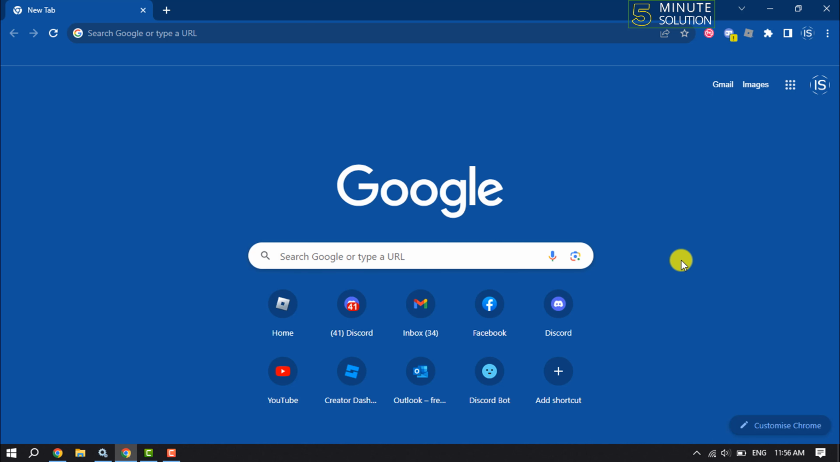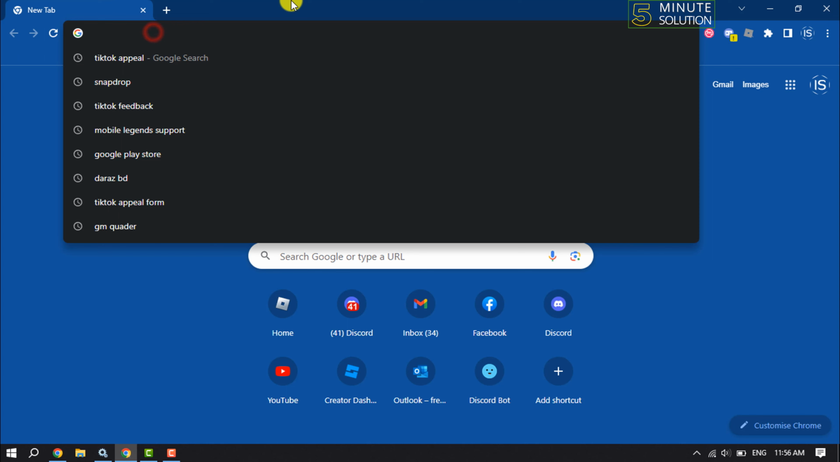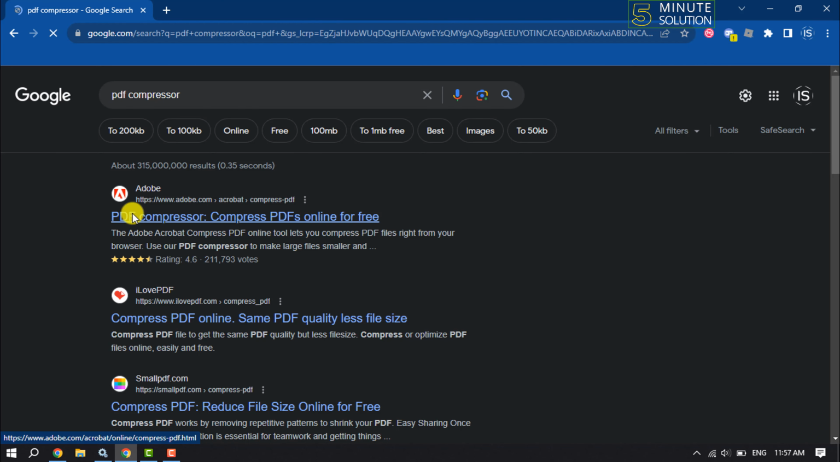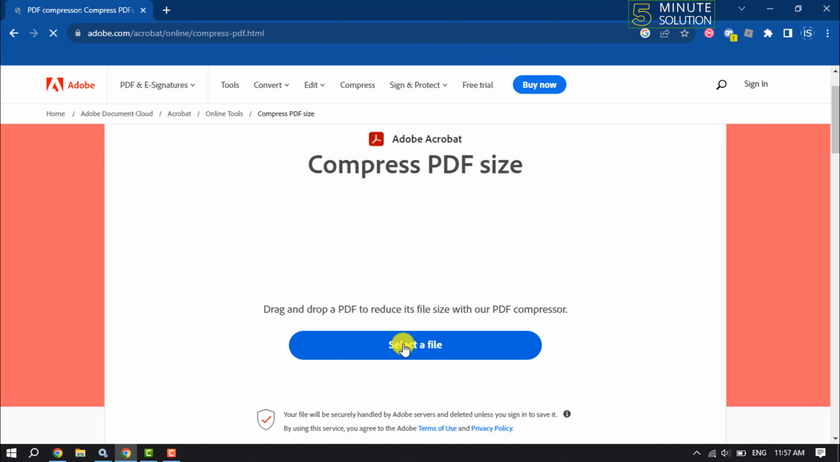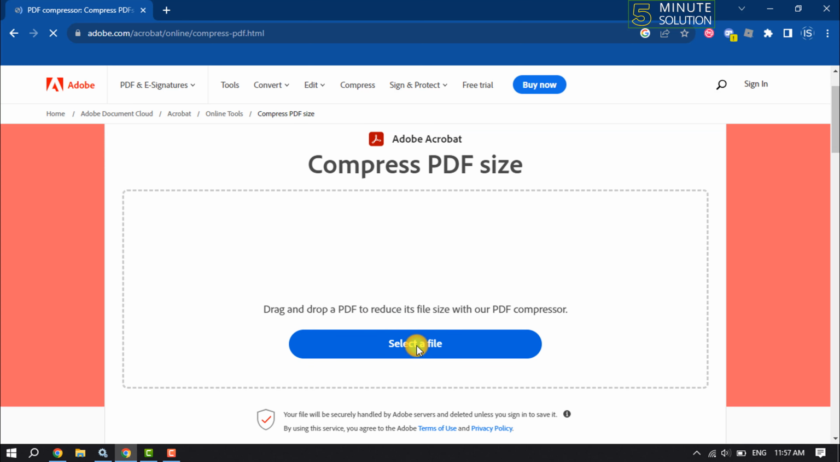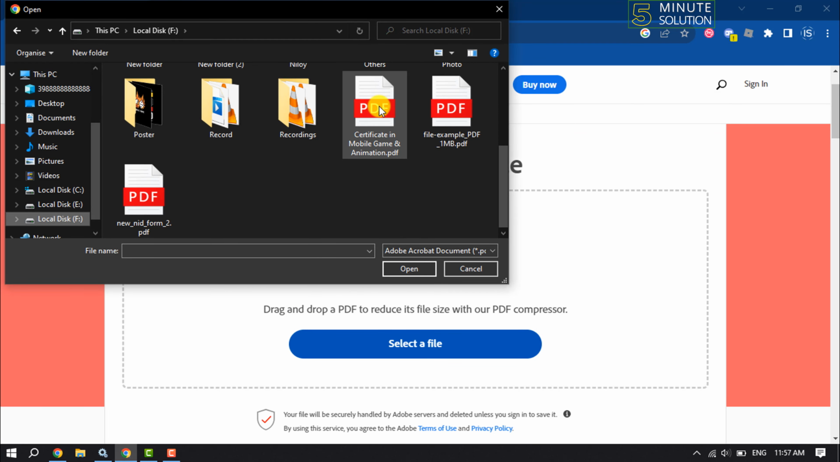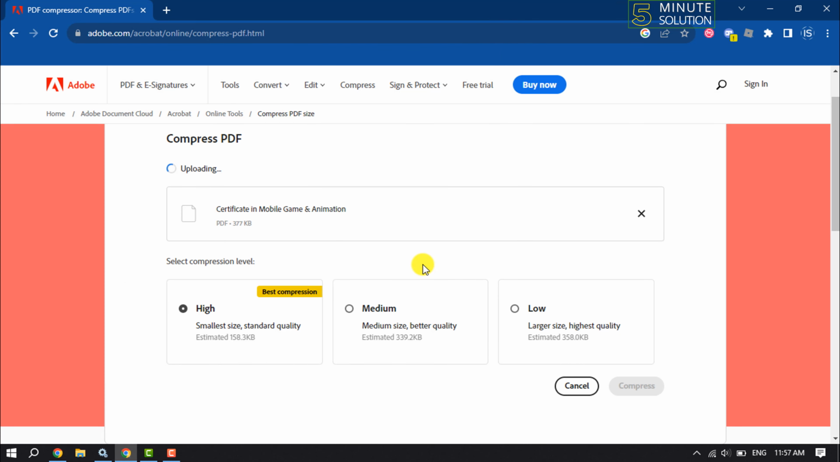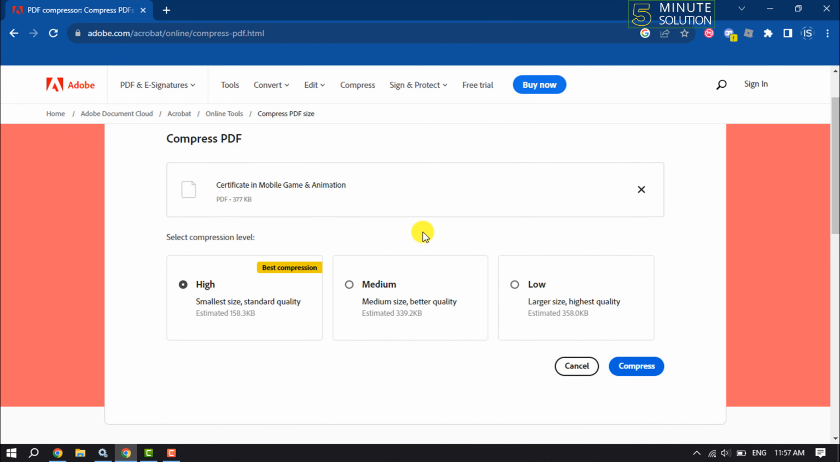In your computer, open a browser and type here PDF compressor. Open the first website, adobe.com, Acrobat Compress PDF. Select a file, and now select your PDF, and to get the best result, select best compression, then click on compress,